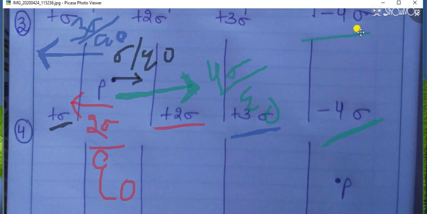So we will get 2 vectors, one in this direction and one in this direction, having equal magnitude 5 sigma by epsilon naught. So they will cancel each other, and the answer will be: electric field at this point is 0. You can check the answer. If there is any doubt or any mistake, then you can comment. So its value is 0.